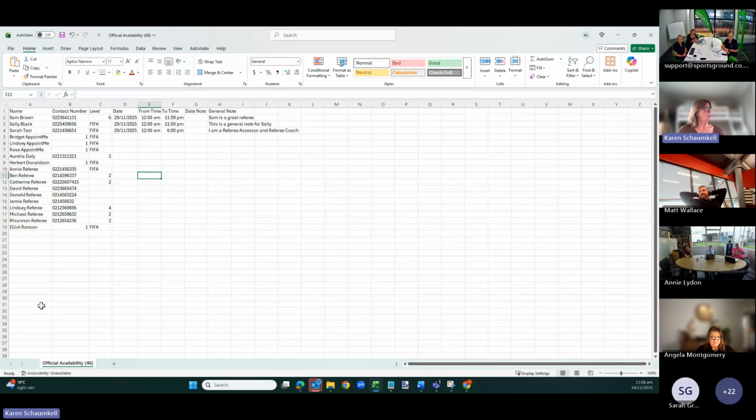So that's what this report looks like. Obviously, it will have a lot more officials and a lot more information on it as you're running it through the season, but this is just a very basic version of it here. It also shows the level of your referee. So you might say, well, I really need to find another FIFA ref for this weekend, and Elliot's the only one that hasn't said his availability. Let me give him a quick call and see if he's available. Yeah, that type of thing. So it's all to assist you with your appointments.